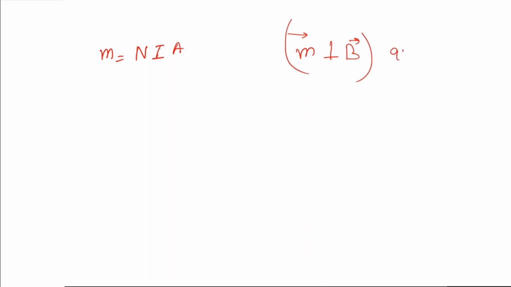Now I know when a coil to which a current I is flowing is kept in a uniform magnetic field,